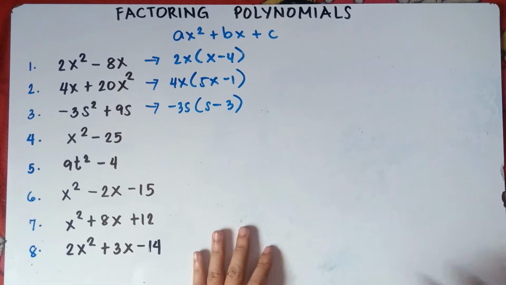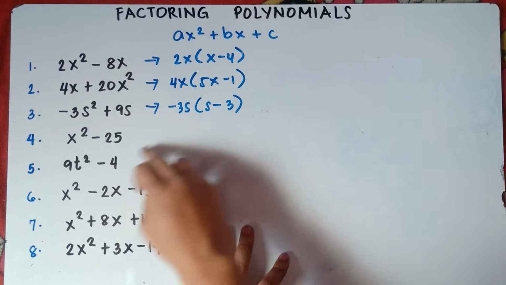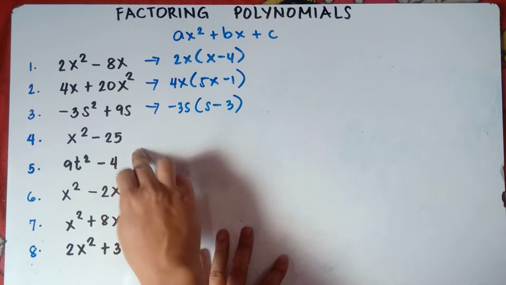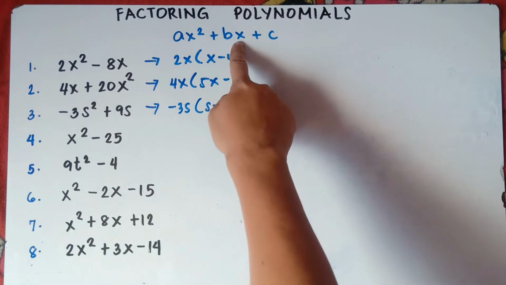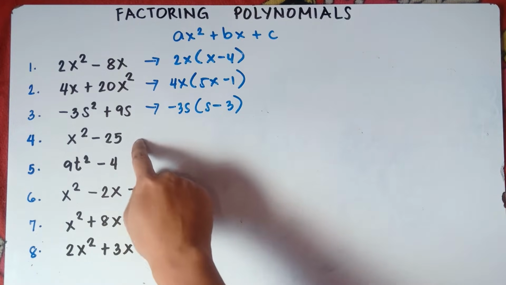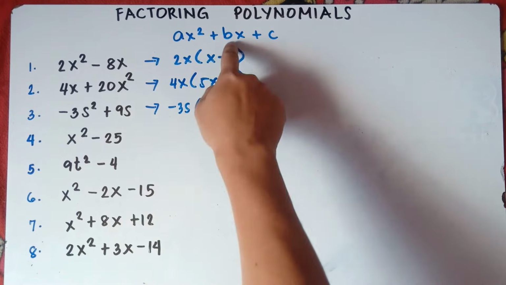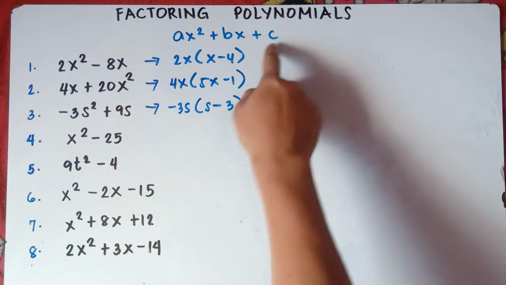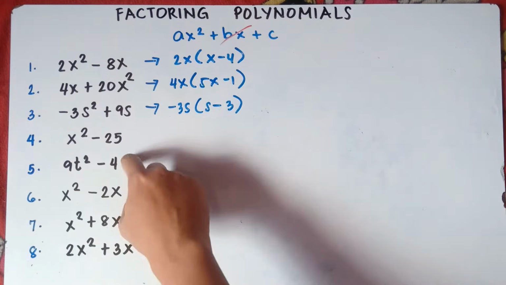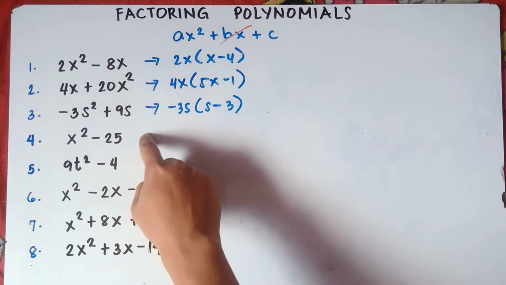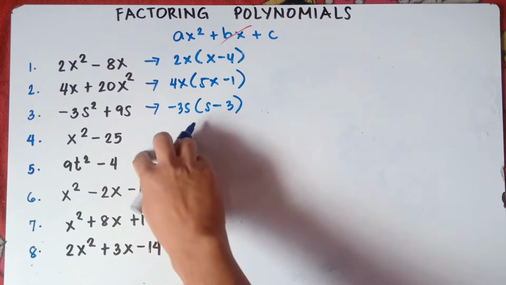So once again, if you don't have the value of c, you can find the GCF. Now, if you don't have the value of b for number 4 and 5, class, check the equation. You have the quadratic term, x squared, but you don't have the value of b, the linear term, but you have the constant. You don't have the bx for numbers 4 and 5. So if you don't have the value of bx, or the linear term, you can actually solve this one